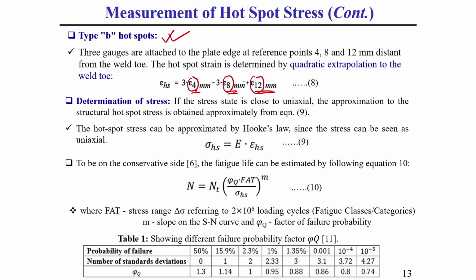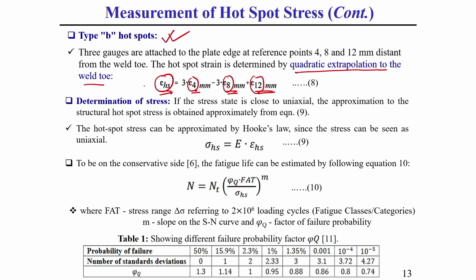After that we need to do the quadratic extrapolation, which I have already told you, to the weld toe. Then we can easily find out the epsilon hotspot. This is quadratic extrapolation. Similarly, we can also do linear extrapolation for this purpose, and we can easily find out the